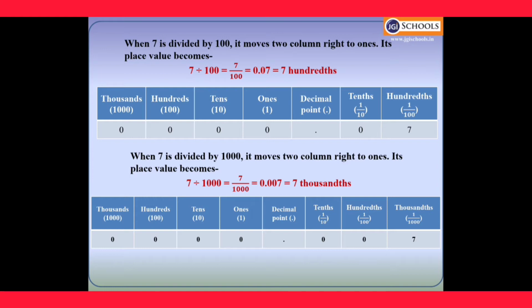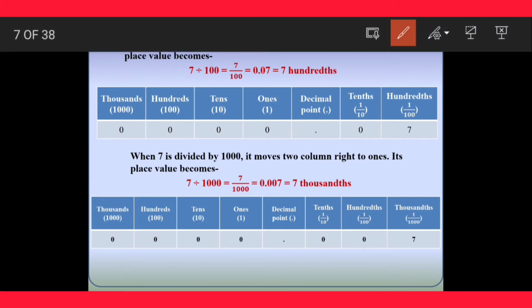We have already seen that when it is divided by 10, the digit comes immediately after the decimal point, right? So now what will happen if it is divided by 100? See here, we have taken the example 7. This 7 we are dividing by 100. So how is it converting? We will add 1 zero before 7. In the previous one we were writing directly 0.7. Now we will write 0.07.